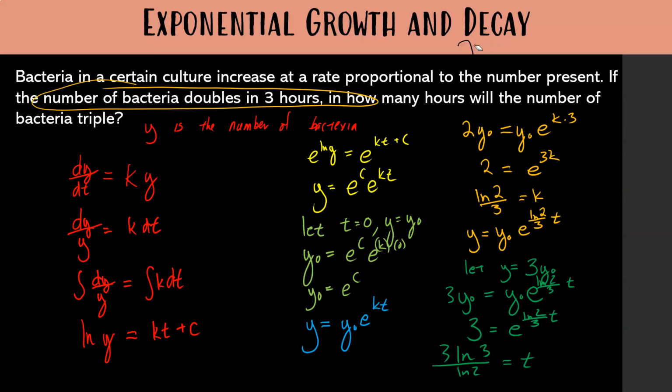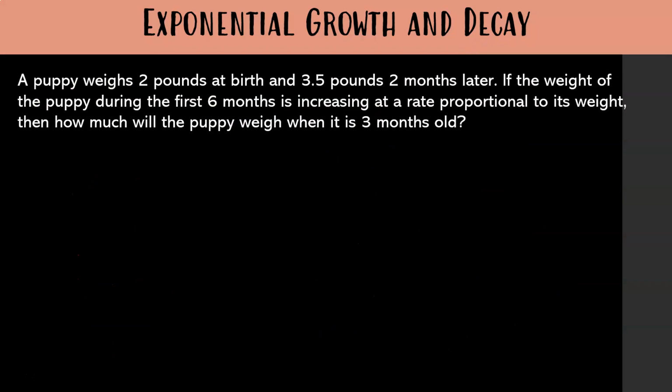Hey, not all this stuff has to be perfect the first time. A puppy weighs 2 pounds at birth and 3.5 pounds 2 months later. Okay, I've never had tiny puppies, I'll believe that. If the weight of the puppy during the first 6 months is increasing at a rate proportional to its weight,